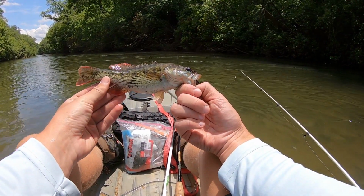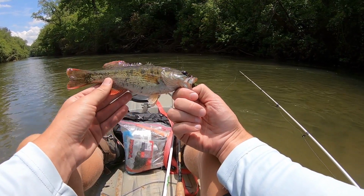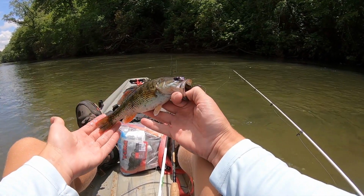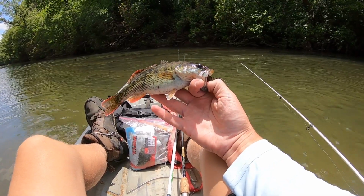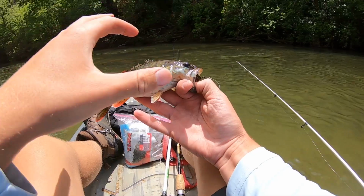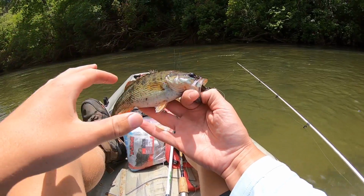I mean, that looks like a pure Chattahoochee bass to me. I know some of them are hybrids, but he's got those bright red fins. That's an awesome catch. There we go. We've already got 5 black bass species for the Georgia Black Bass Slam. I just got to get 2 pictures of this guy, one of him next to a ruler and then one